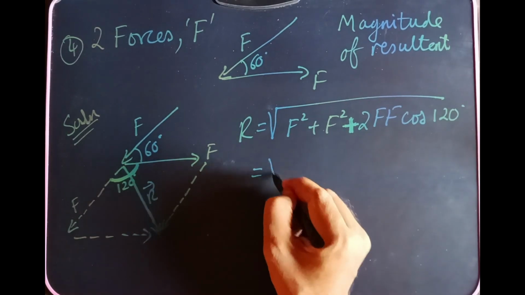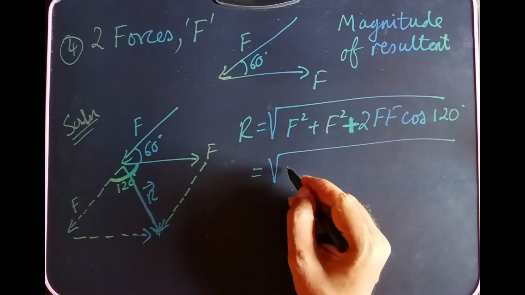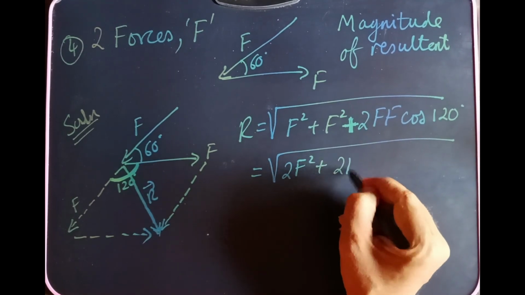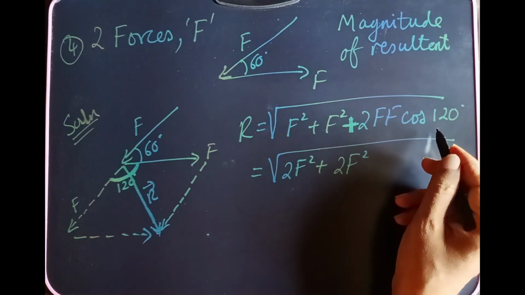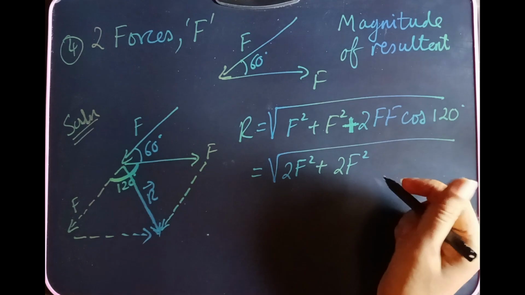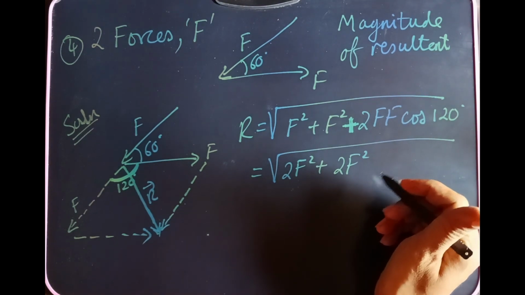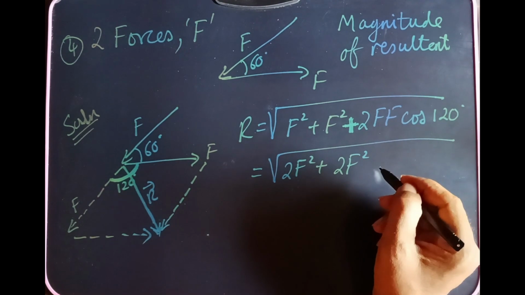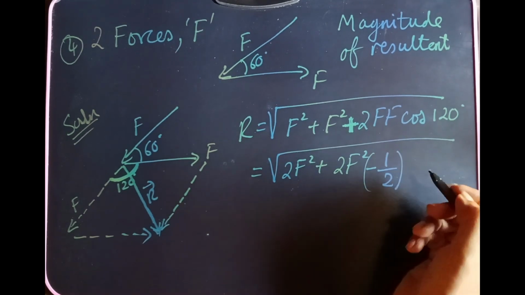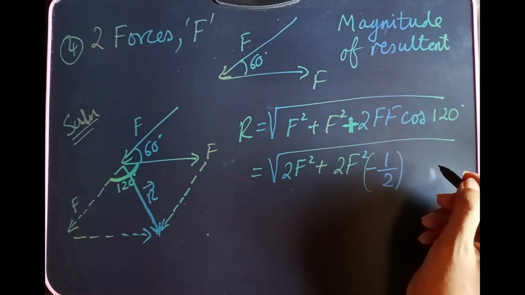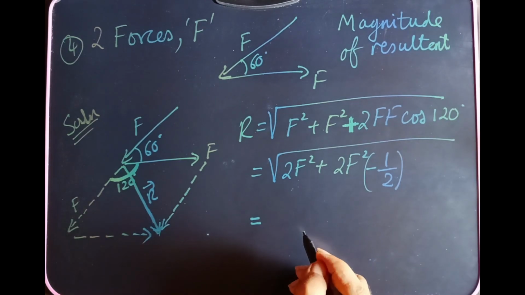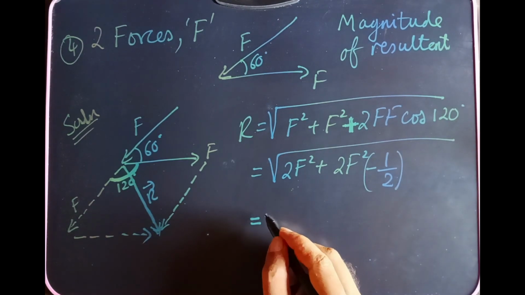So this will be root of, it will become 2F square plus 2F square cos of 120, which will be in the second quadrant, and the reflection of cos of 60, and cos of 60 is half, right? It will be a reflection of cos of 60, so it will become minus 1 by 2, right? So we can solve this. So it will become square root of,